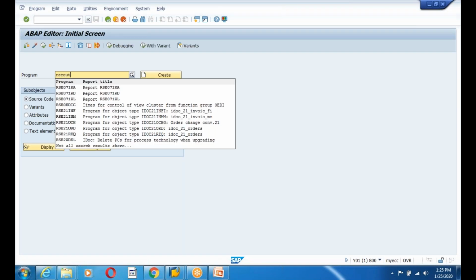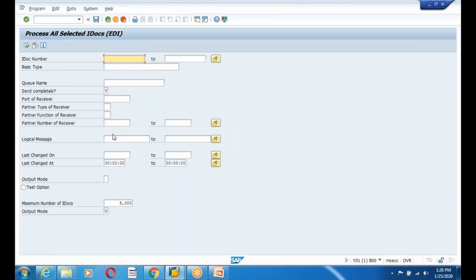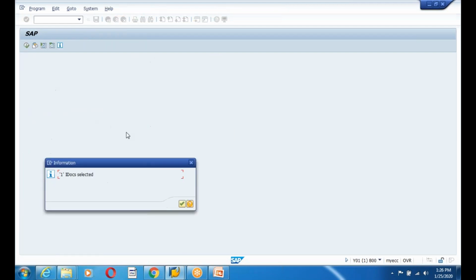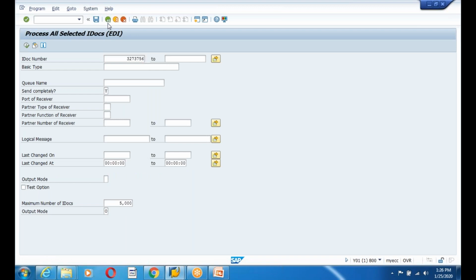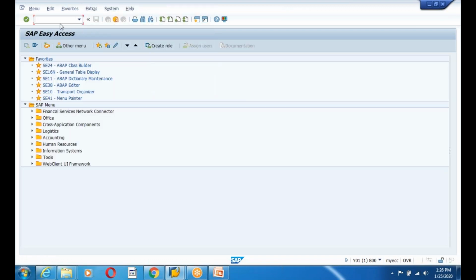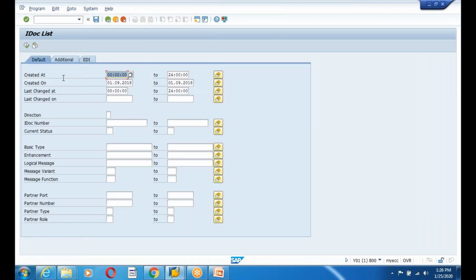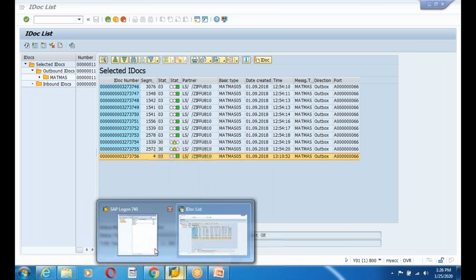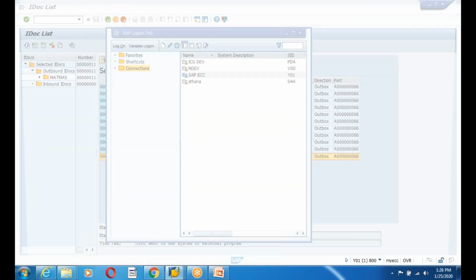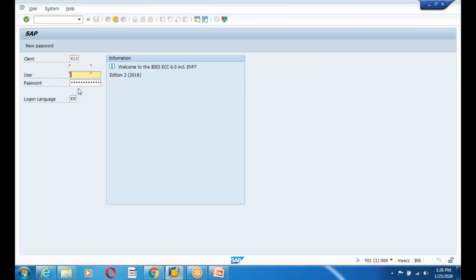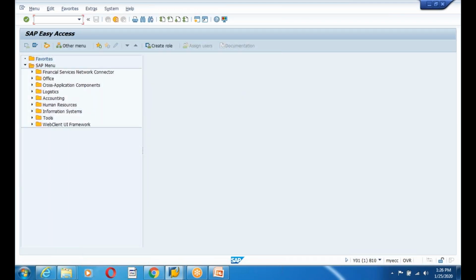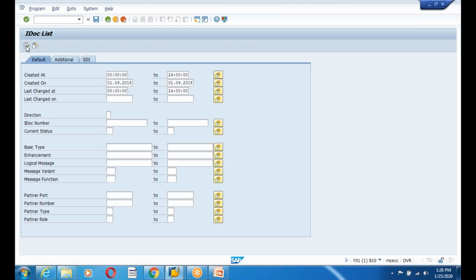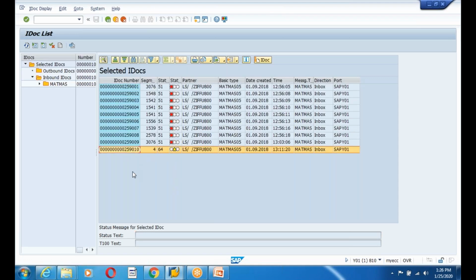RSC out 00 and execute and put the Idoc number, execute, and one Idoc is selected and it will be transferred to the target W02 again and execute, and you can see the status of the 3. Okay, go to the target system, and change the client and ID admin and the password IDE yes and WE02 and execute, and you see the 64 and take this IDOC